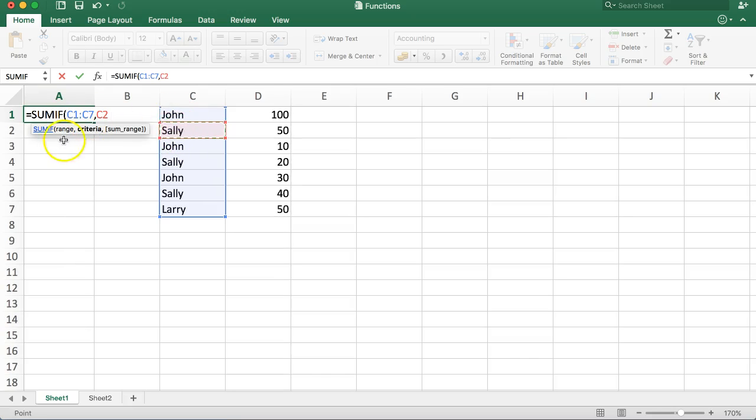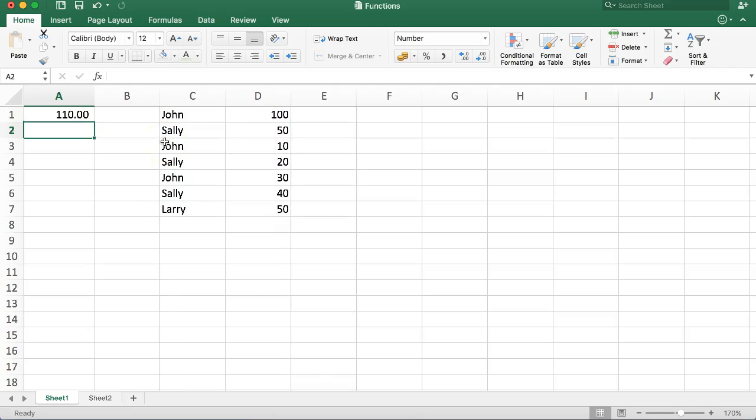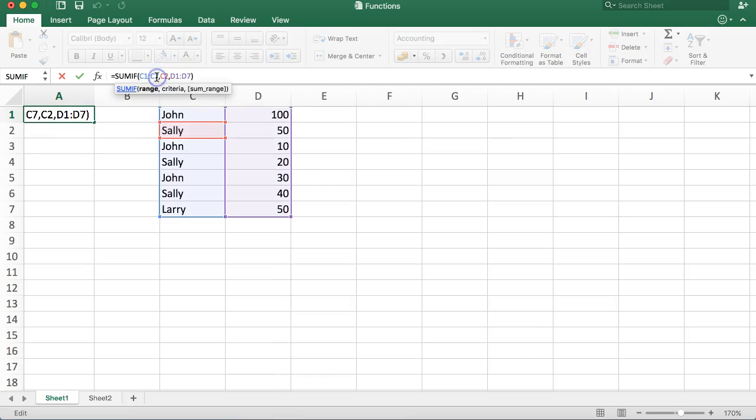So we're going to just select this one for Sally, but you can also type in Sally, it's one or the other, comma, and then if this would be true, what would be the sum range? This value here. Enter. So now you can see that if we select Sally, Sally has a total of $110. Let's double check. If here 50, 70, and this makes it 110. So that's exactly correct. So what if we would say here Sally, we want to calculate John's sales,